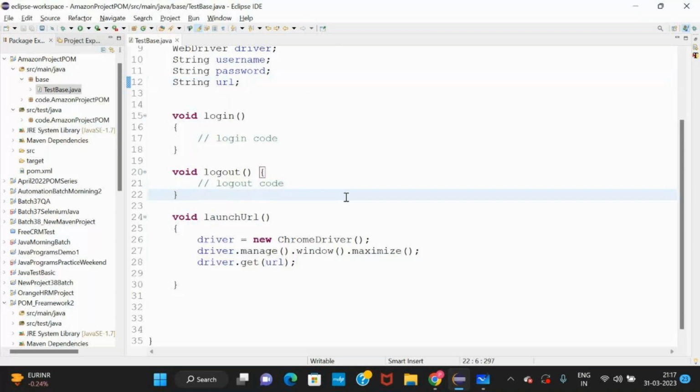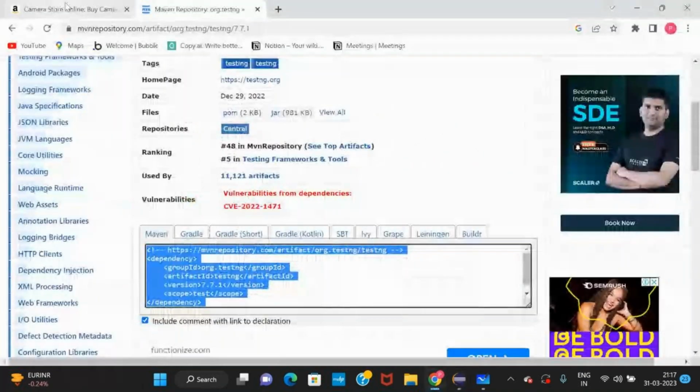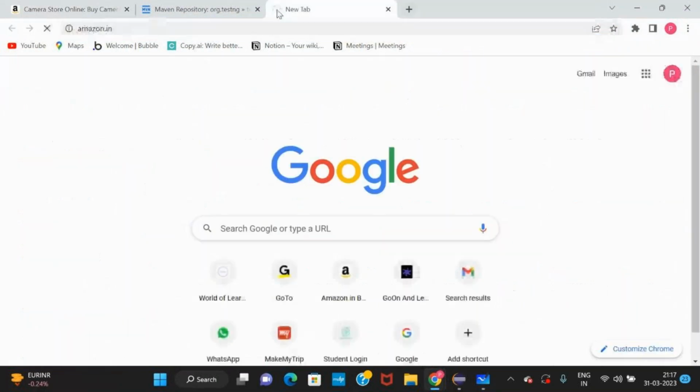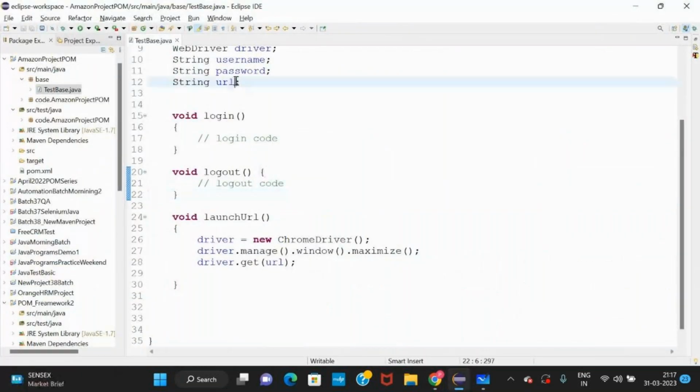Now I want the URL which is Amazon, amazon.in. Till this only we need in the URL to launch, because it will be able to launch the URL. So we write URL equals, and since it's a string, provide it in double quotes.